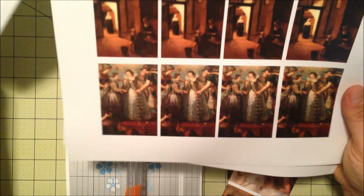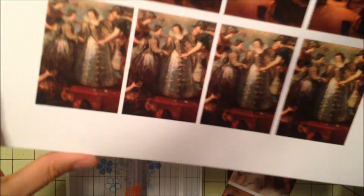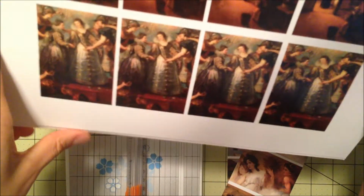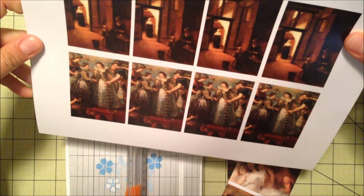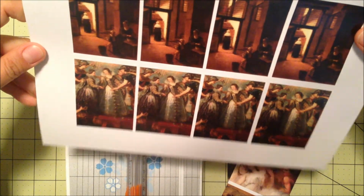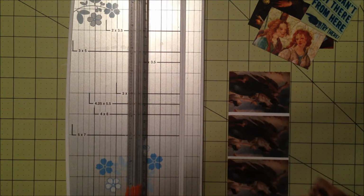And the other thing about these photos is I was trying to print them in 2.5 by 3.5, which is ATC size. And I have to go back in the program. I don't know what happened, but they came out smaller than that. They came out like 2 by 3. So not exactly sure what I did with that, but I'm going to